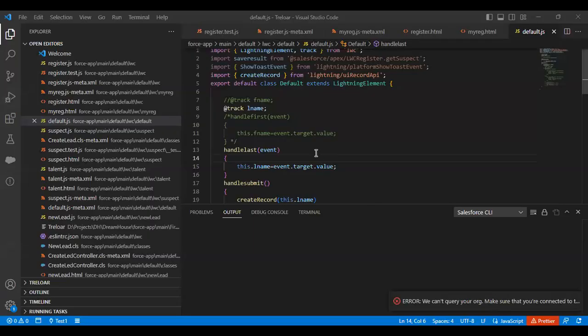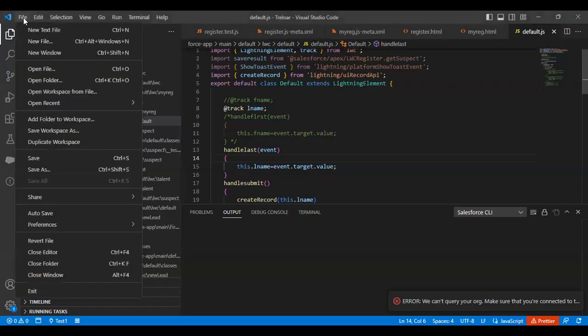So let's go ahead and write a sample Lightning Web Component. So here I have so many other things, but yes, we will go from the scratch. So go ahead, file, create a